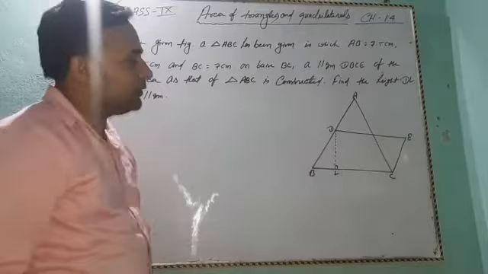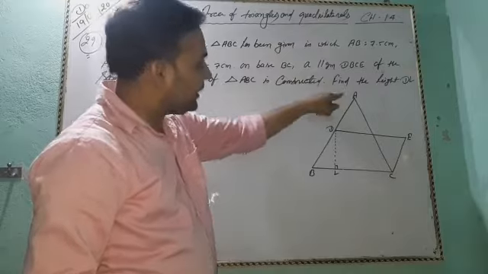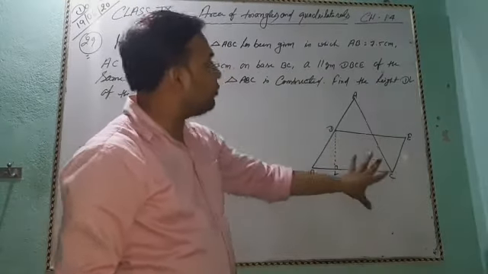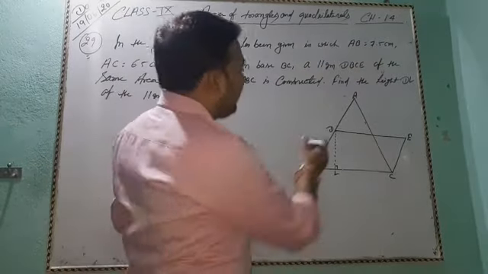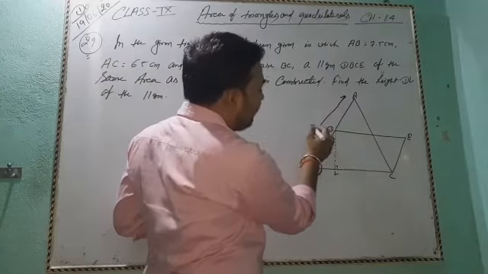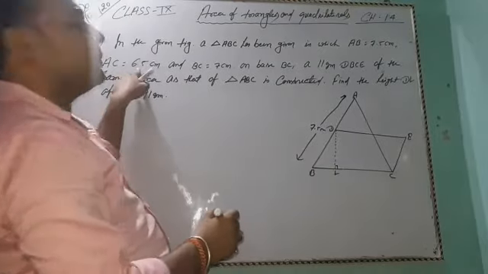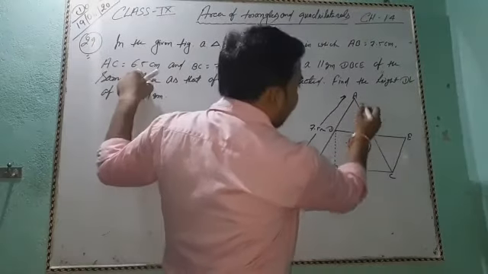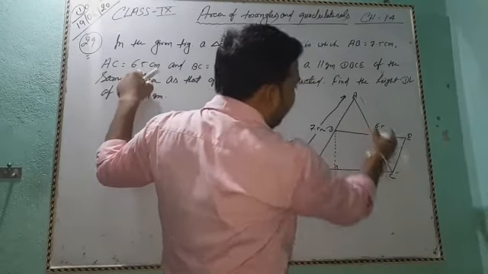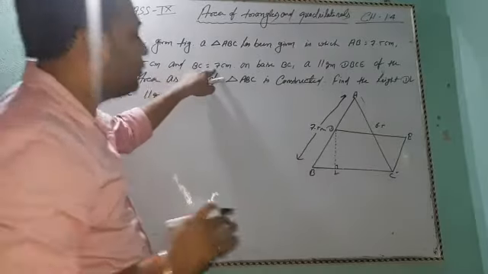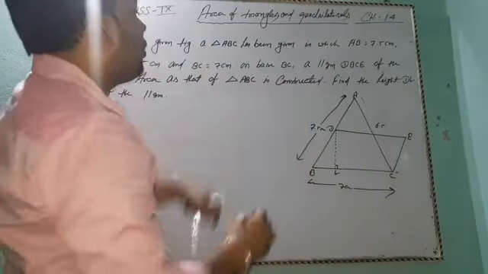In the given figure, a triangle ABC has been given, in which AB equals 7.5 centimeter, AC equals 6.5 centimeter and BC equals 7 centimeter. Okay, on base BC,